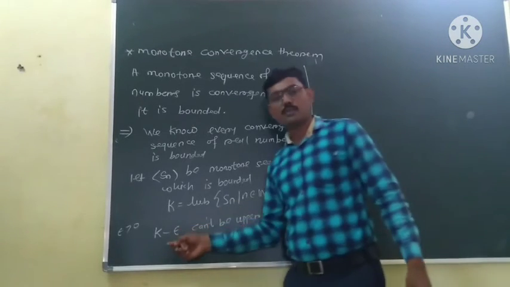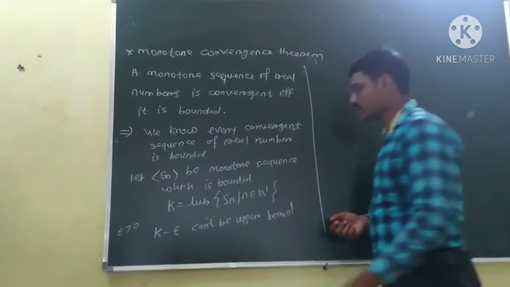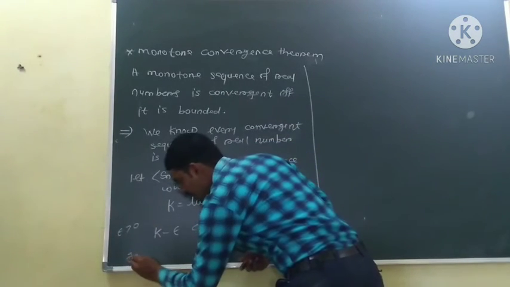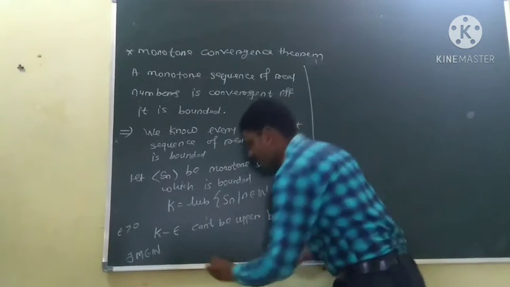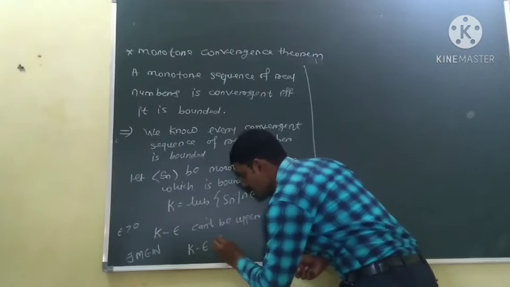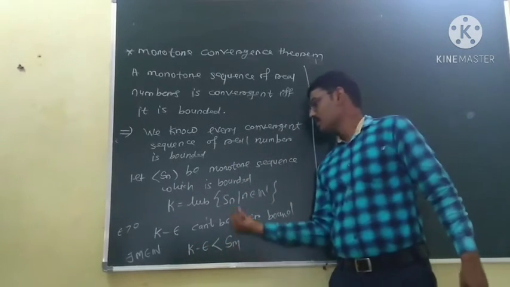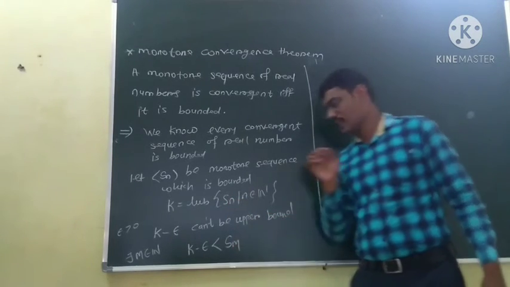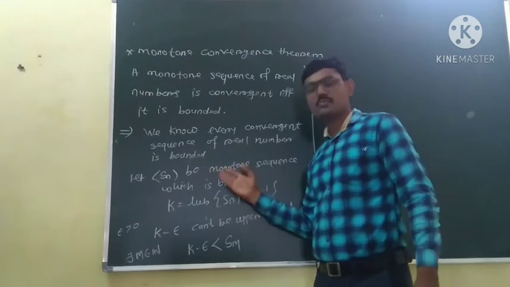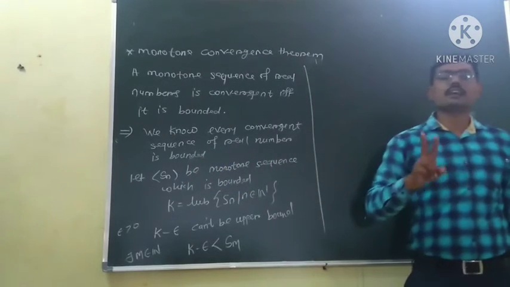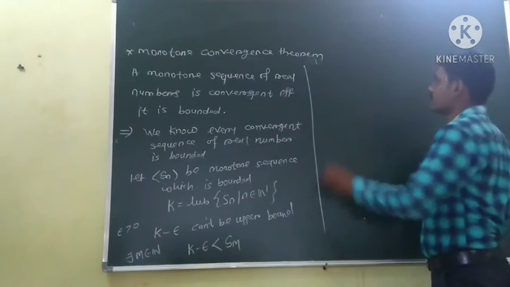Since it is not an upper bound of the sequence, we can find an element of the sequence which is greater than k minus epsilon. So there is some natural number, say m, such that k minus epsilon is less than the element Sm. Sm is some element of this sequence, where m is a natural number. Now here we are seeing the sequence as monotone, so we can take two cases: either the sequence is monotonic increasing or monotonic decreasing. So we will see the first case